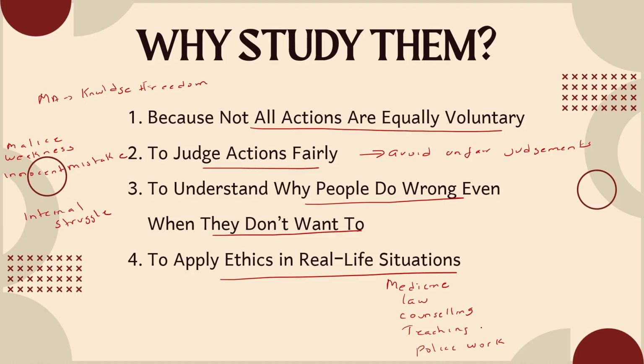For example, if somebody acts under duress, we see that the punishment is reduced. On the other hand, if somebody commits a crime unknowingly, it is invincible ignorance, so the person is not guilty. For example, in medicine, imagine a doctor misdiagnoses a brand new disease. He is not morally responsible because nobody knows about this disease, no studies have been done. So even if he misdiagnoses it, there is no responsibility on him.